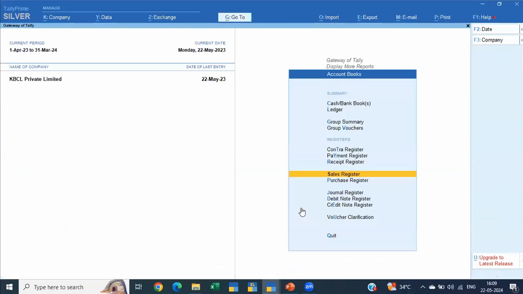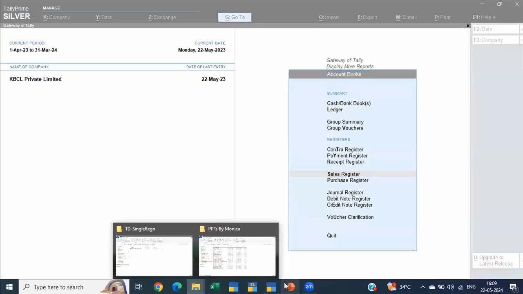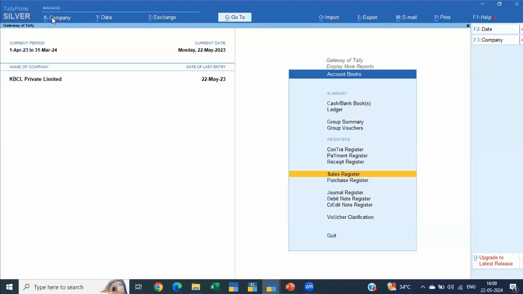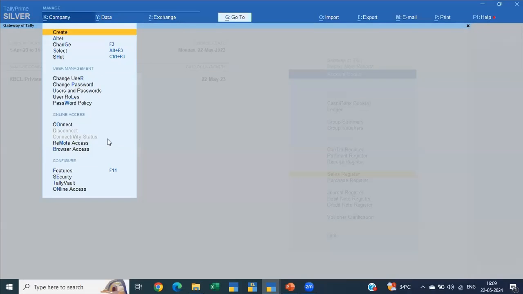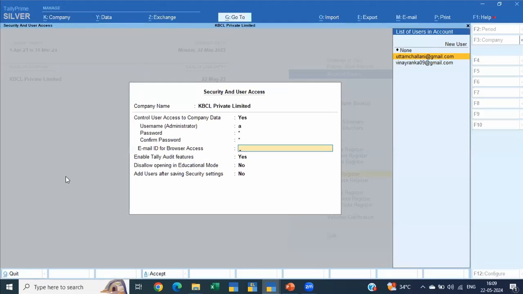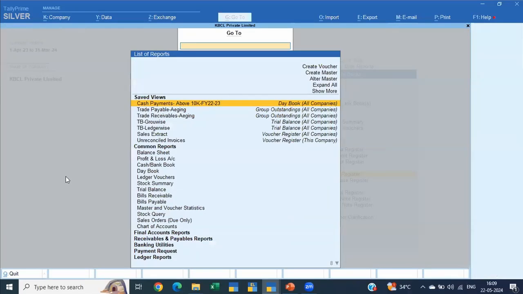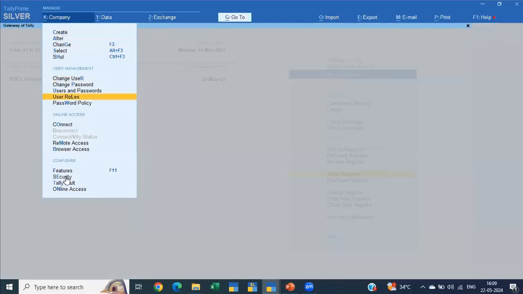Having said that, if there's any particular query that you have, I think I've covered most of the part of our agenda. Minimizing errors, I would also take it up when we are doing the return. One last and final, do I have 5 minutes, Komal? Yes, we do. Okay. So one last feature that is required is your security. This is your company level security. Please enable it for your company, even if it's done by one person.